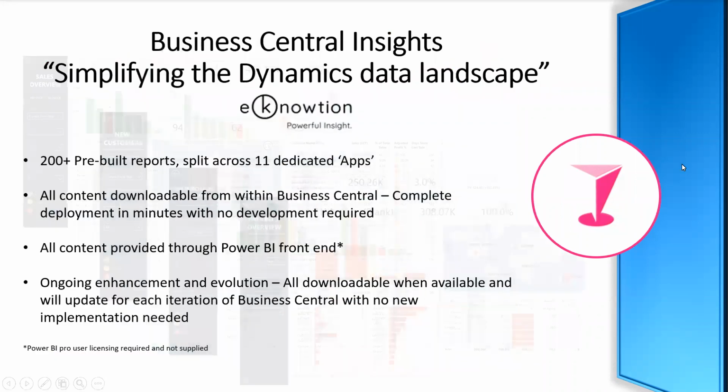Okay, so the whole crux of the product is to simplify your Dynamics data landscape. As you'll hopefully be aware as Business Central users, the breadth and depth of reporting that you have within the product is not fantastic. It's not easy to get data out of Business Central, if at all, and you are very much restricted to quite simple reporting built into Business Central itself. So what eKnowtion has done is build a connector that allows you to get the data. They've structured the data that comes through that connector from Business Central, and they've built dedicated Power BI apps that